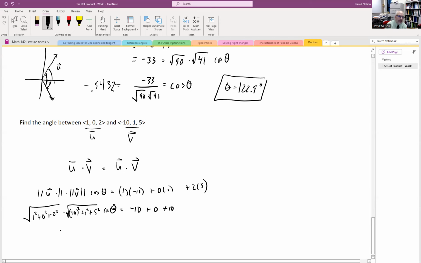And so I'm going to have the square root of 5 times the square root of 126 times the cosine of theta